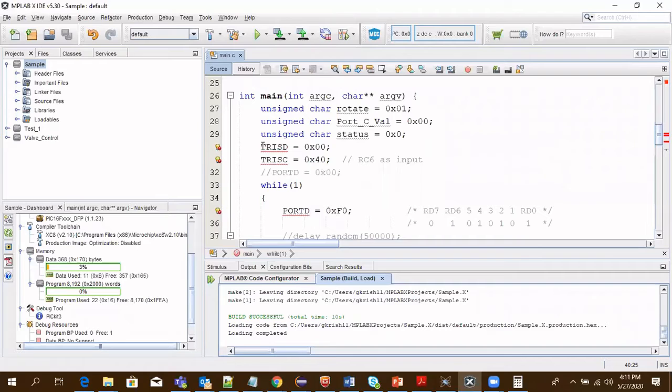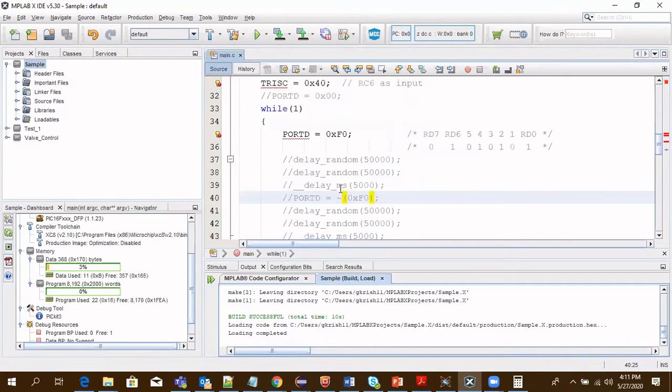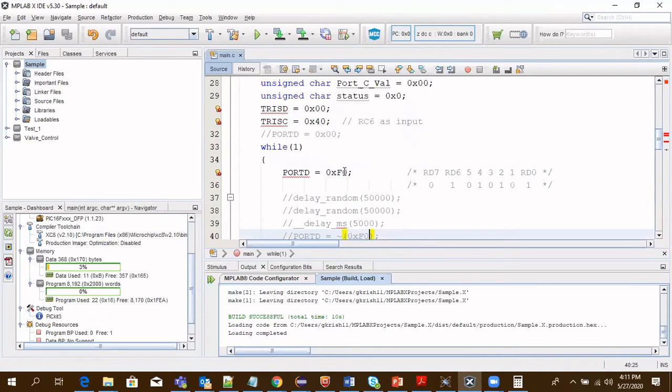So I'm going to use port D as output. I've configured TRISD as 0x00. I've set a value of 0xF0 to PORTD so that I'll be able to see the output in port D. So F0 corresponds to